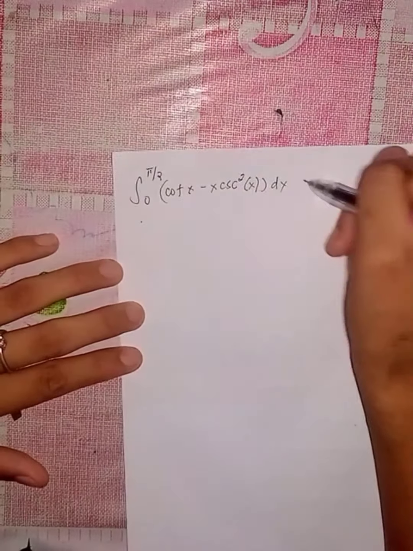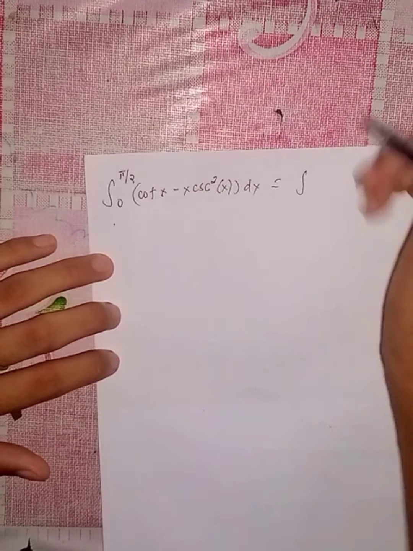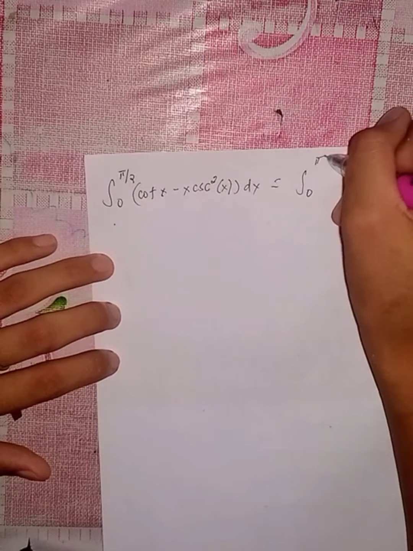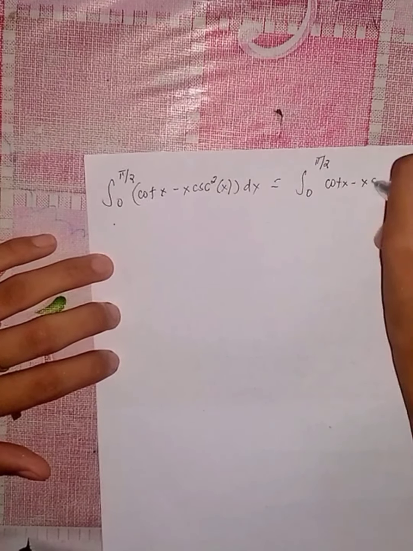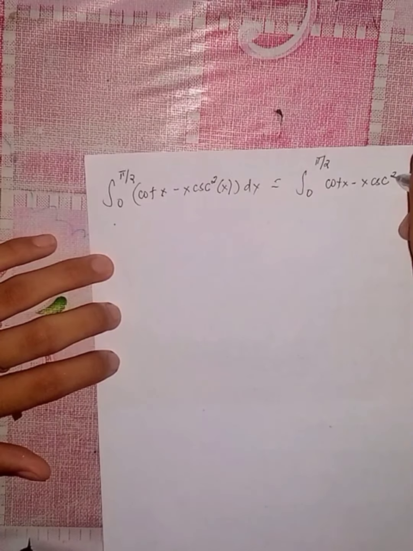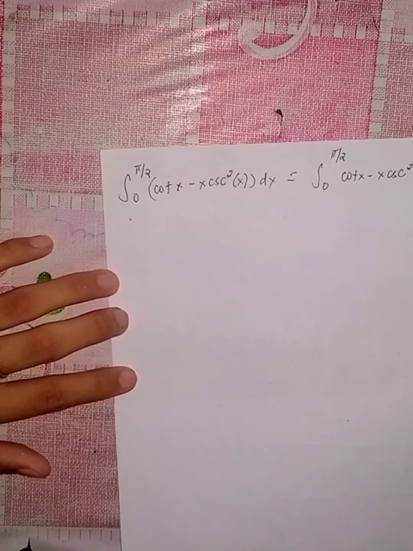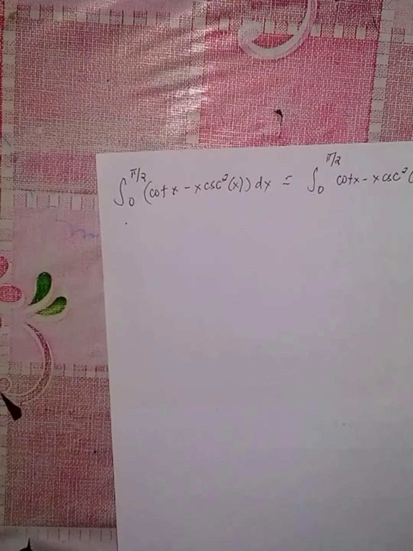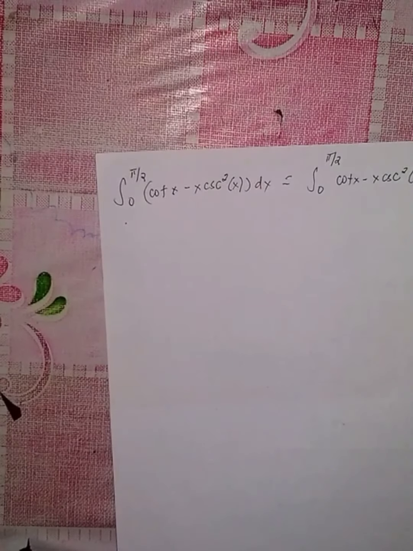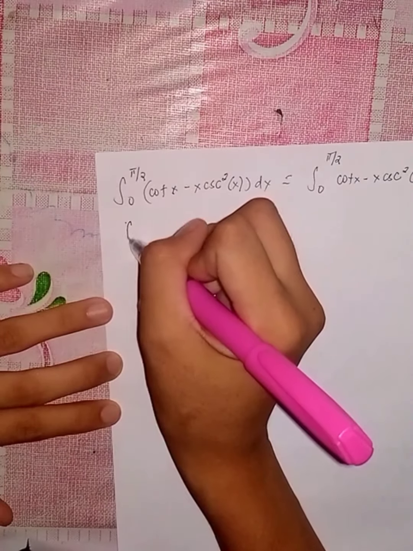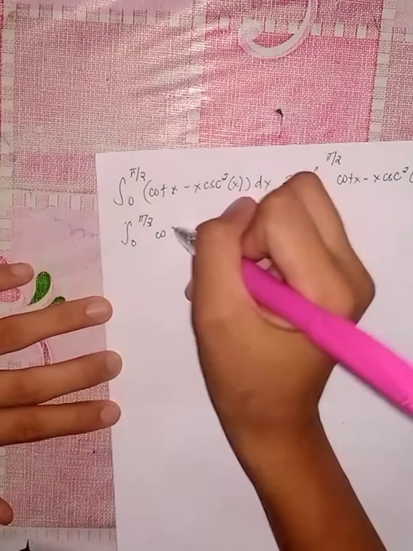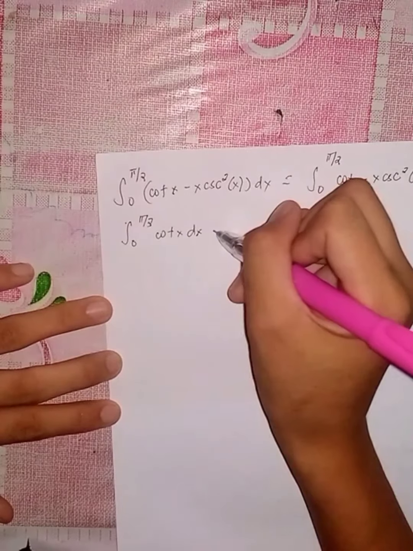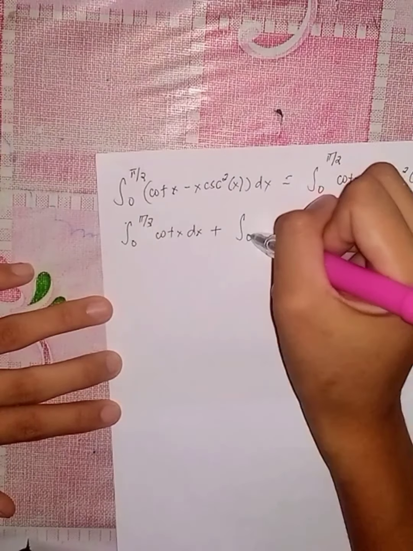So it becomes the integral from 0 to pi over 2 of cot x minus x csc squared x dx. So, we split the single integral into multiple integrals. So it becomes the integral from 0 to pi over 2 of cot x dx plus the integral from 0 to pi over 2